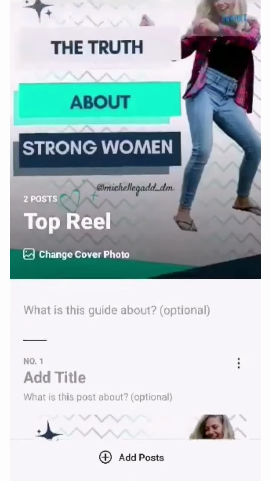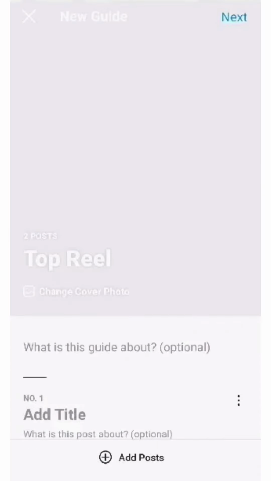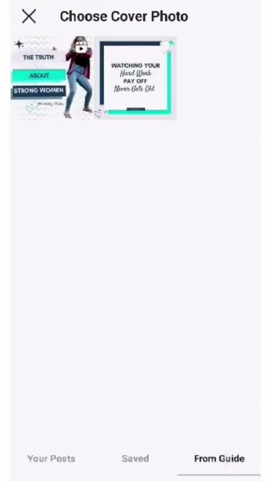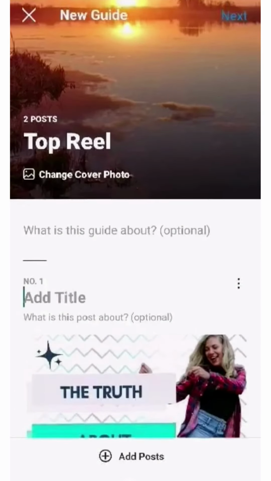And then you can change your cover photo for your guide based on whatever it is you want. So I could just make it a really nice photo if I want. Unfortunately you can't upload new photos, you can just choose from the ones in your posts, your saved posts, or from your guide, just so you know. So once we've made that,